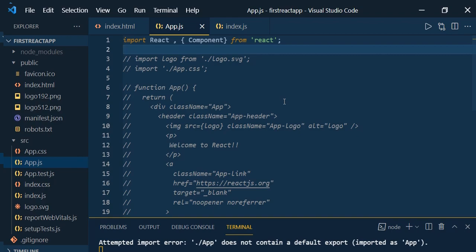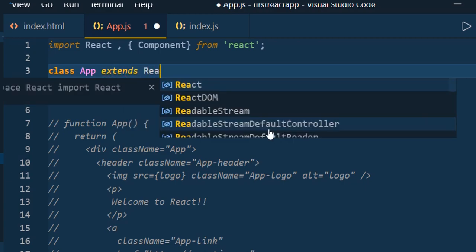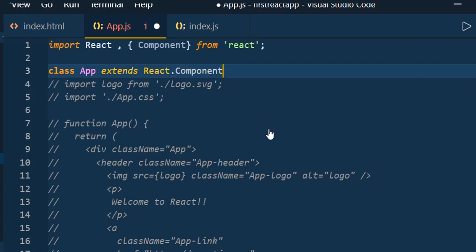We are going to use the ES6 syntax. So class, and we need to name the component. I am going to use AppComponent, and it has to extend React Component because we are going to create a component of React type, right? So extends React.Component. You can simply mention Component also.